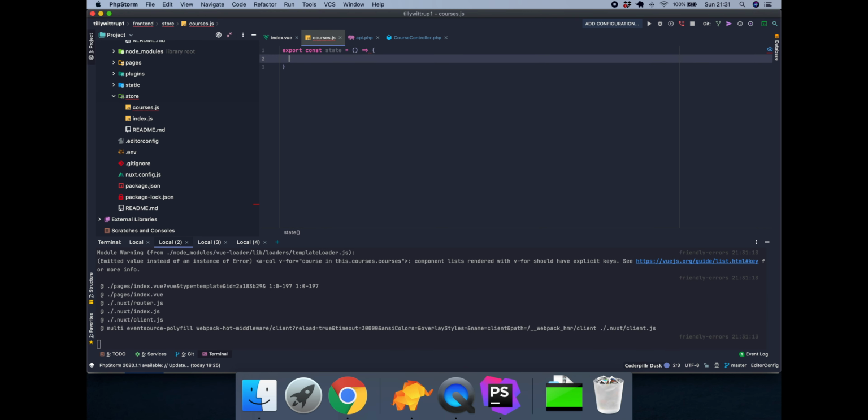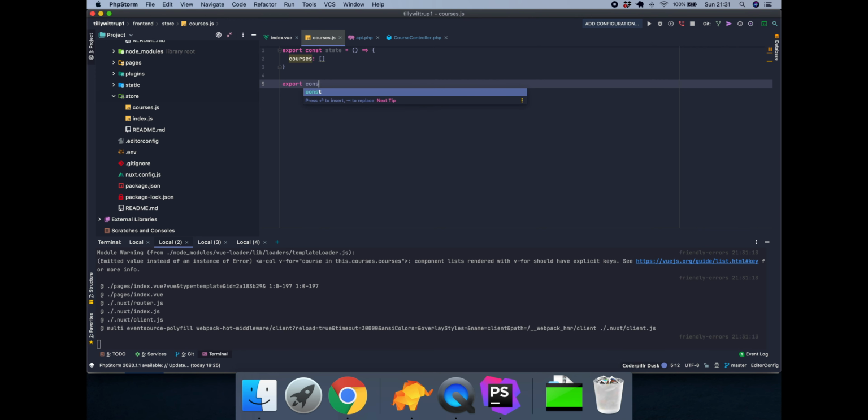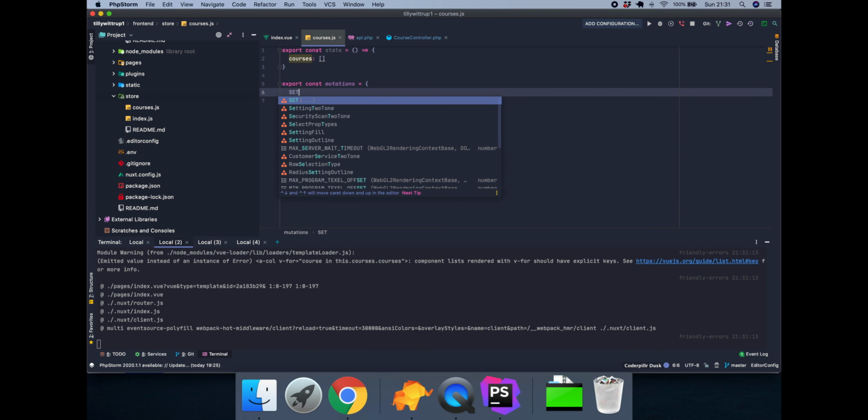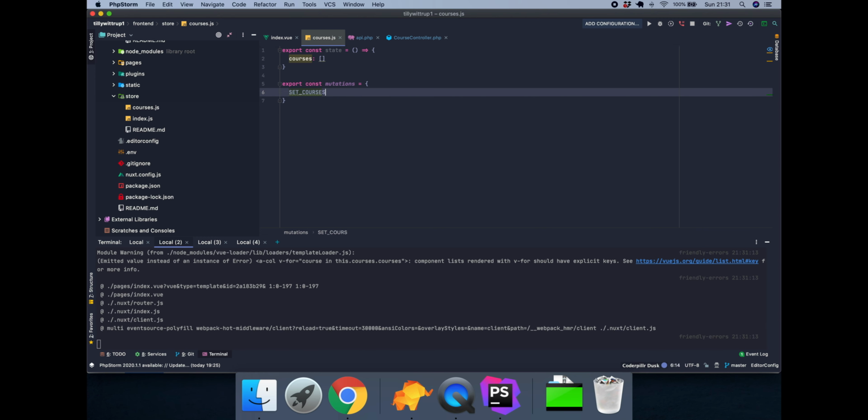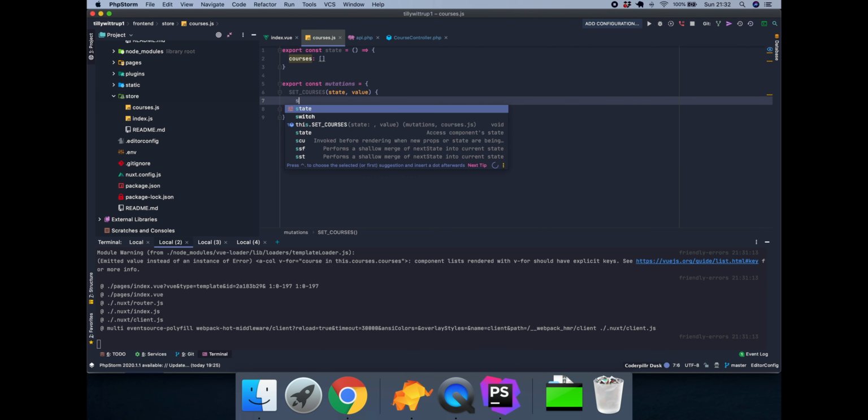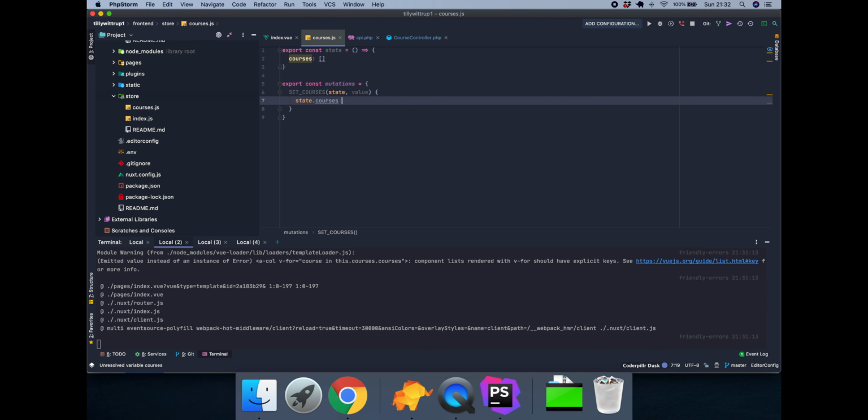In this state we want to have courses, and it's going to be an array, and then we also want to have in here something very simple, like for example mutations. And what we want to have here is just, you can structure this in different ways. You can, for example, set courses, so we can do it like this, and then we want to take in the state and the value. So we want to say state.courses is going to be equal to value,